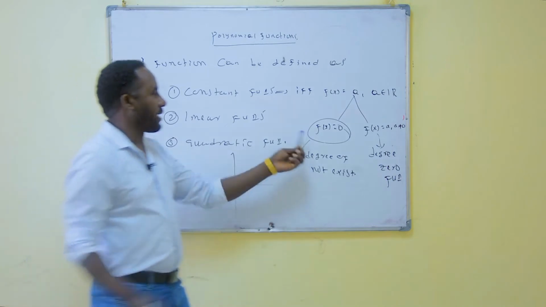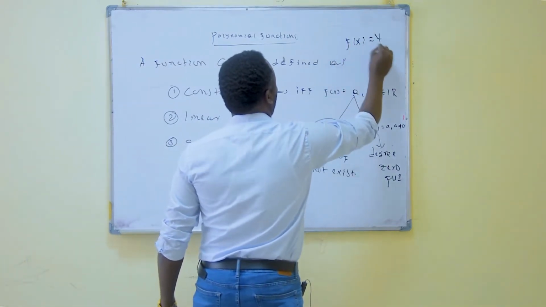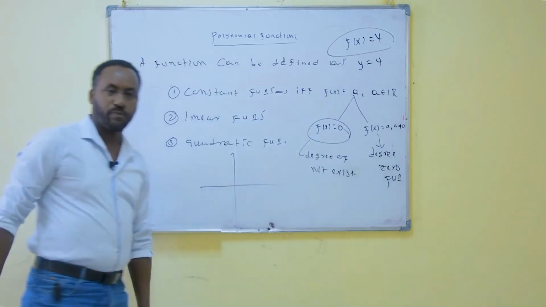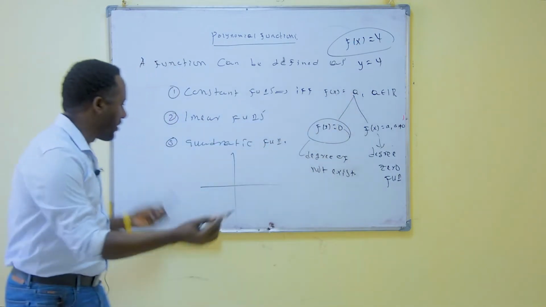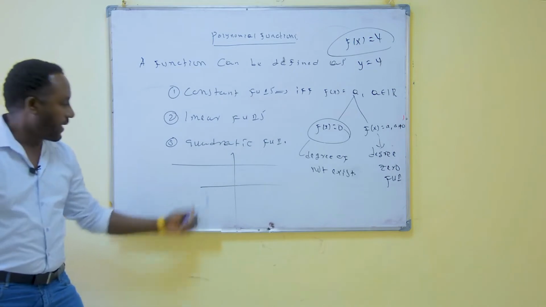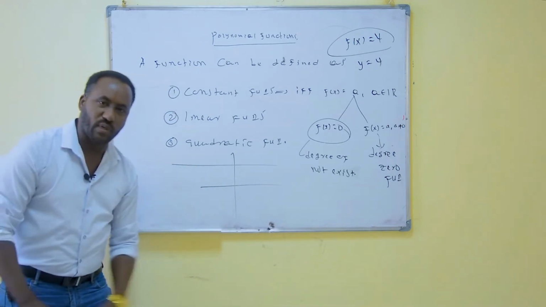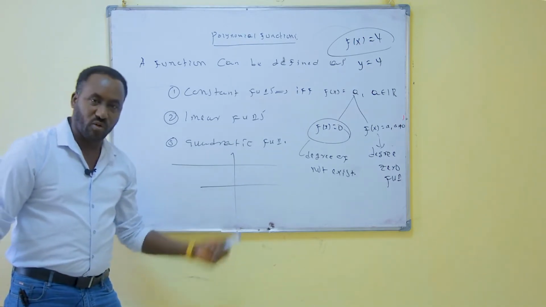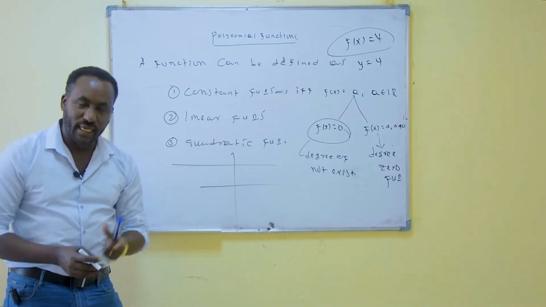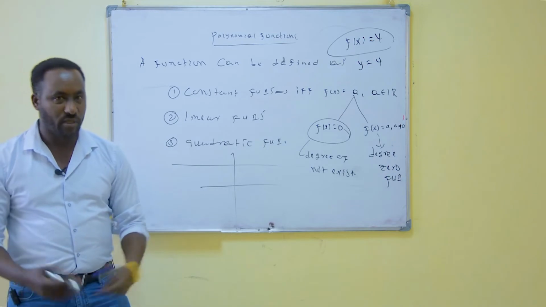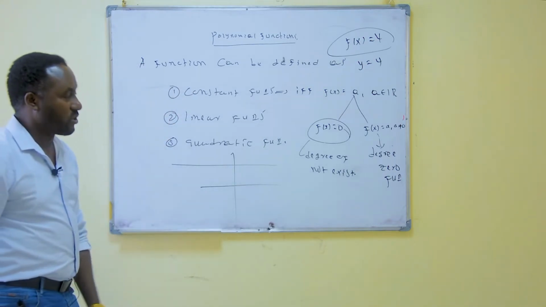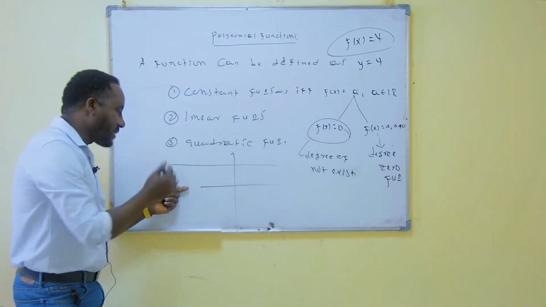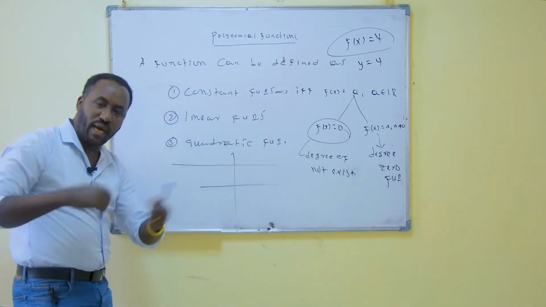On this number line, for example, if you are asked to draw f of x equals 4, what's the graph of this one? It is a line that passes through 4, any line through 4. Does this cross the x axis? No. This problem is a non-zero constant. It does not cross the x axis, so it has no zero. Having no zero means it has no relation with the x axis. You got me? So that's what a non-zero constant function means. Not crossing the x axis means it has no degree. If it crosses the x axis, it has a degree, depending on how many times it crosses.